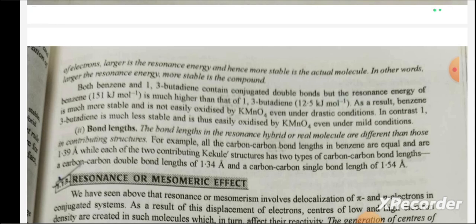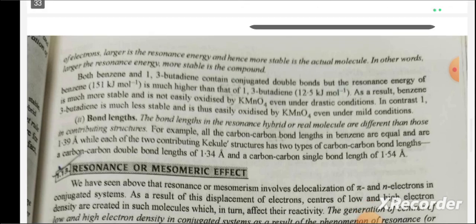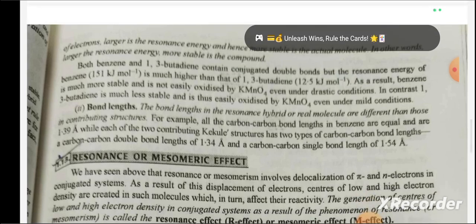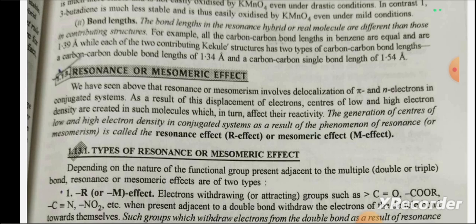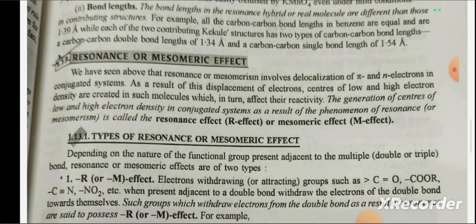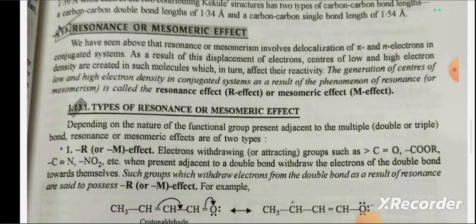In other words, the larger the resonance energy, the more stable is the compound. Second is bond length. The bond lengths in the resonance hybrid or real molecule are different than those of the contributing structures. For example, all the carbon-carbon bond lengths in benzene are equal and 1.39 angstrom, while each of